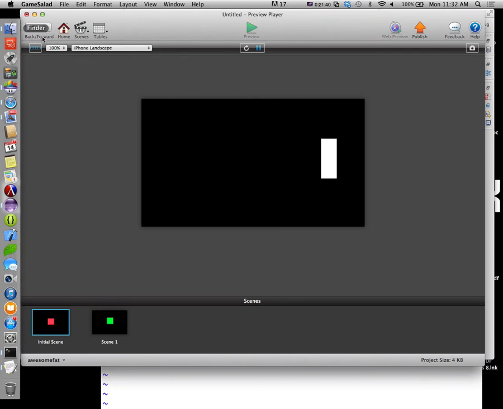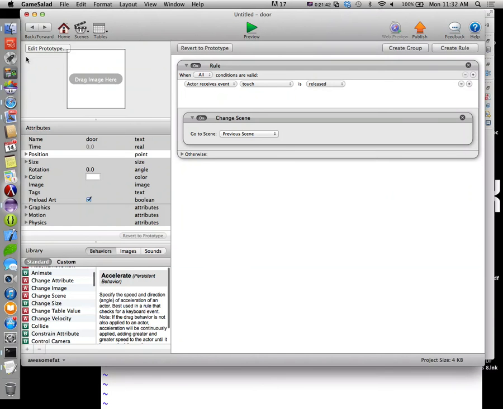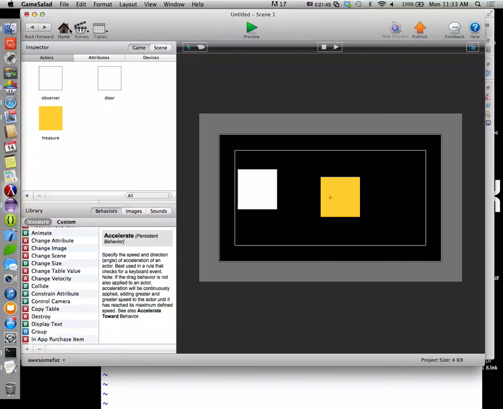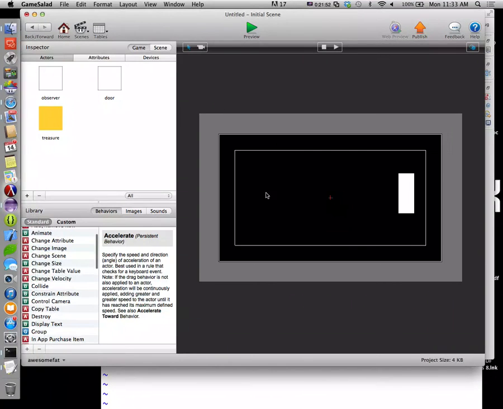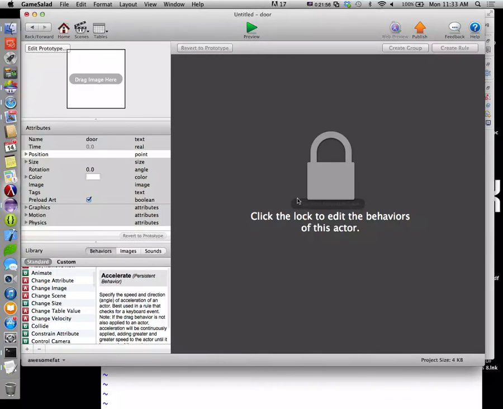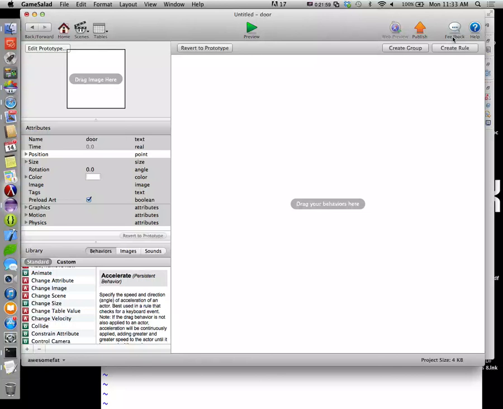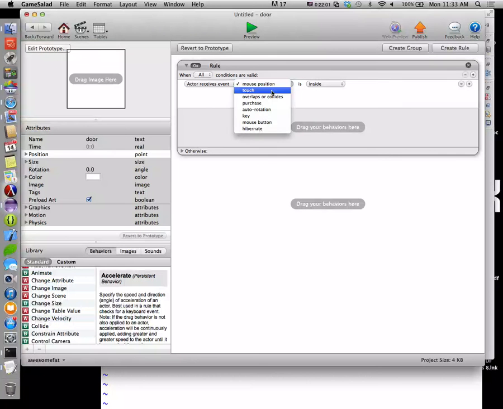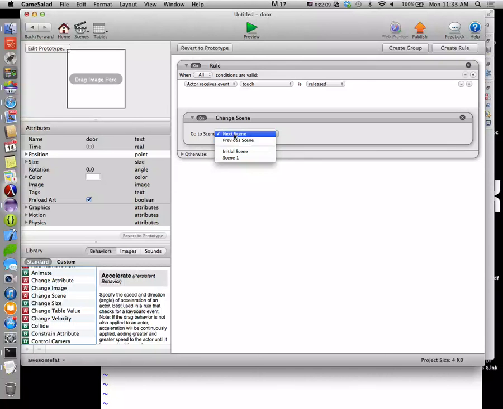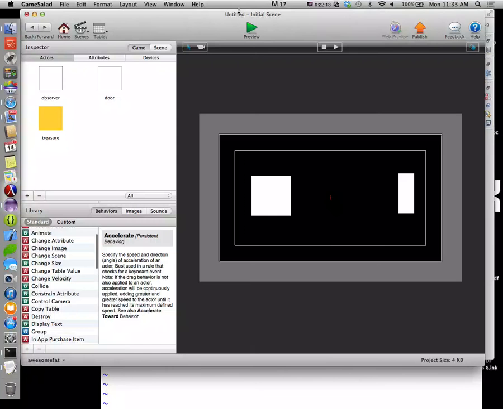Actually, I don't think that's necessarily true. I really don't. Let me prove that to you real quick. If I go to initial scene, and here I'll just throw another door out here, and we'll edit this door, and we'll say if this guy receives a touch released, change scene, previous scene, and we run this,